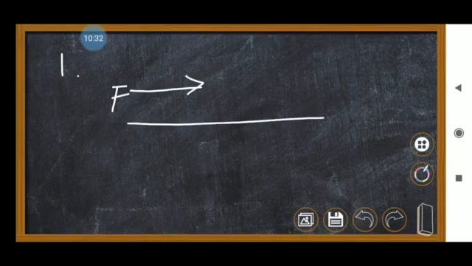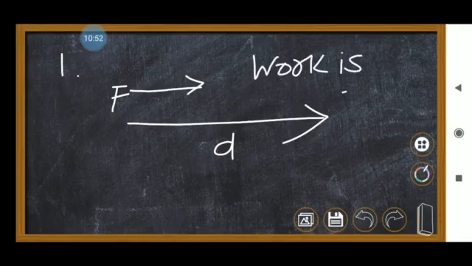So we'll solve the first one. Suma is swimming in a pond. Whenever she swims, she applies force in one direction and the displacement is also along that direction. By using your hand and leg you push the water, applying force in that direction, and in the same way you move in that direction. So work is done.